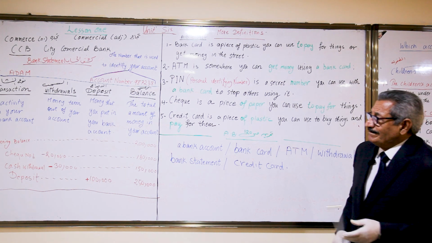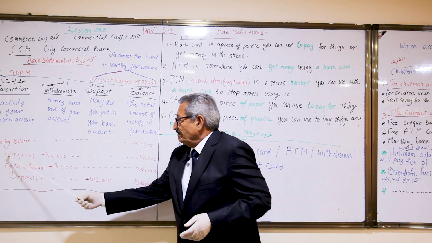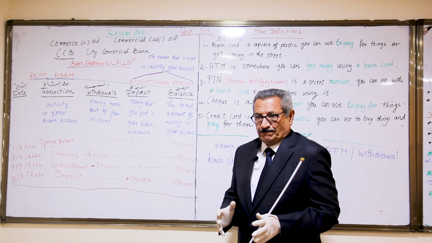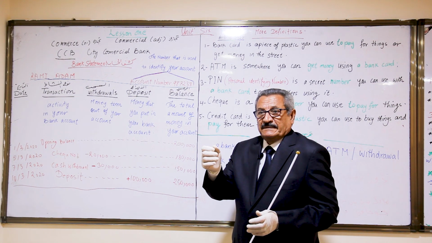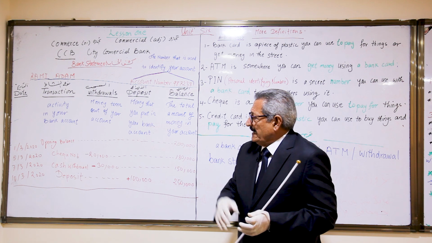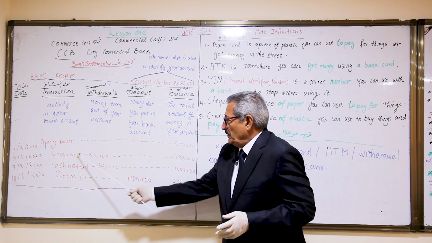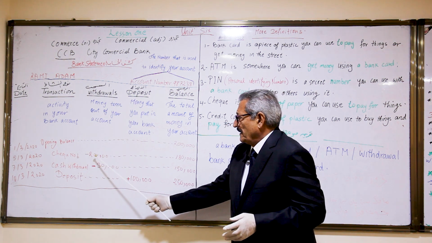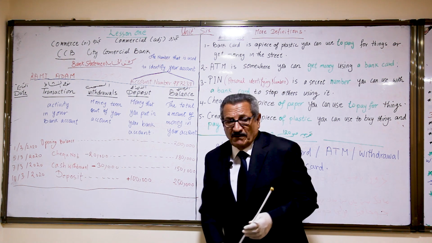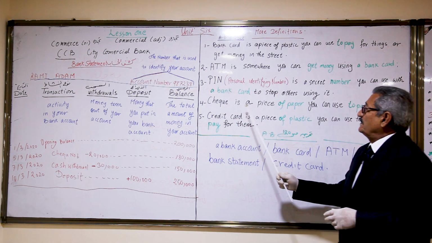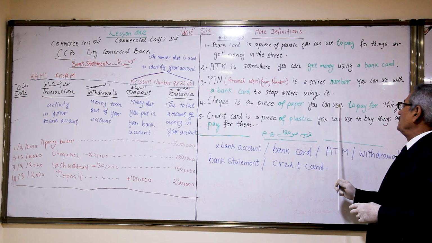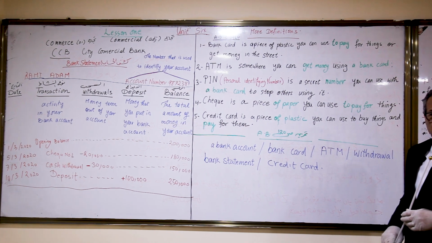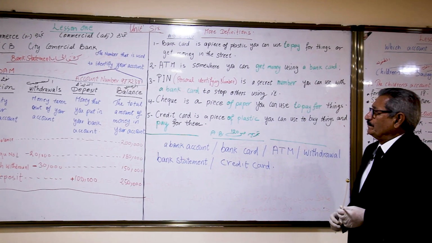So in this activity, check number one: when you are given a checkbook, these checks are numbered, each has a serial number. In check number one, he bought something which costs about 20,000 Iraqi dinars. So it is a piece of paper you can use to pay for things instead of money.